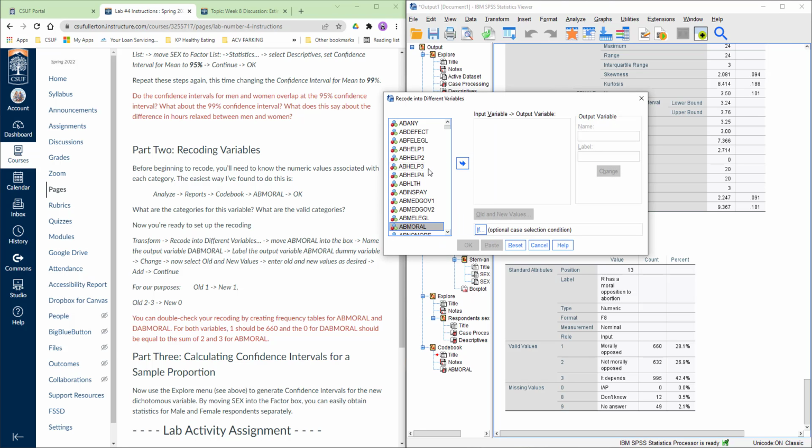We're going to take AB moral and move that into our input area. We're going to name the output variable here DAB moral, to stand for dummy or dichotomous version of AB moral. And we're going to label this as AB moral dummy variable. Next, we're going to go to Change here,